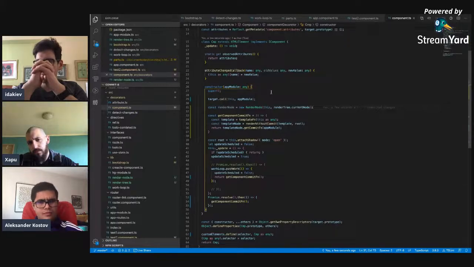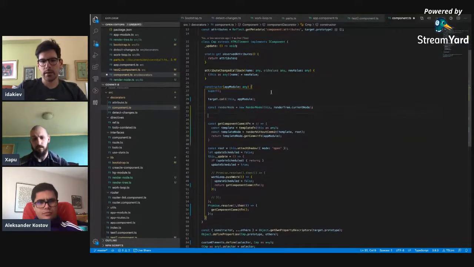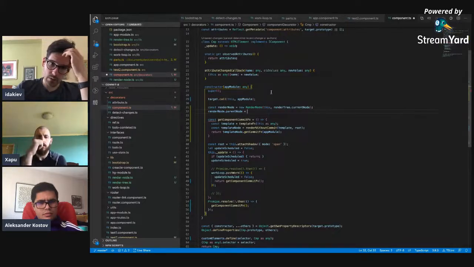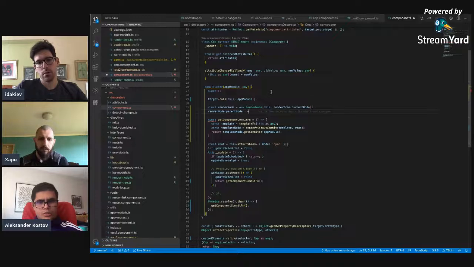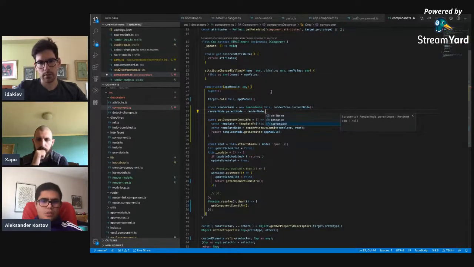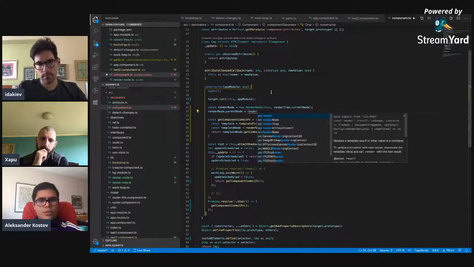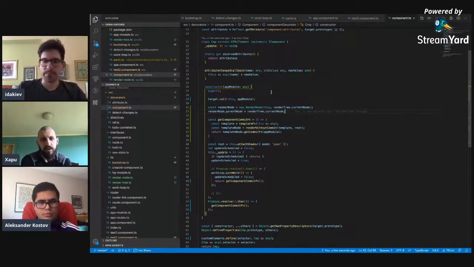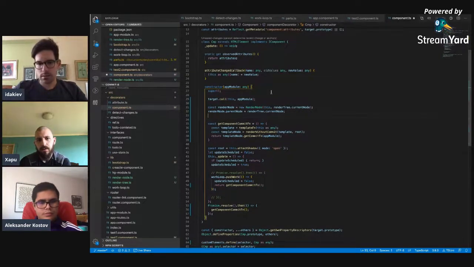So now what we need to do is say render3.render node.parent node equals, and now we need to set the parent node to be equal to the render3 current node. And also we need to update the render3 current node's children and add the new component. So we need to say if render3.current node